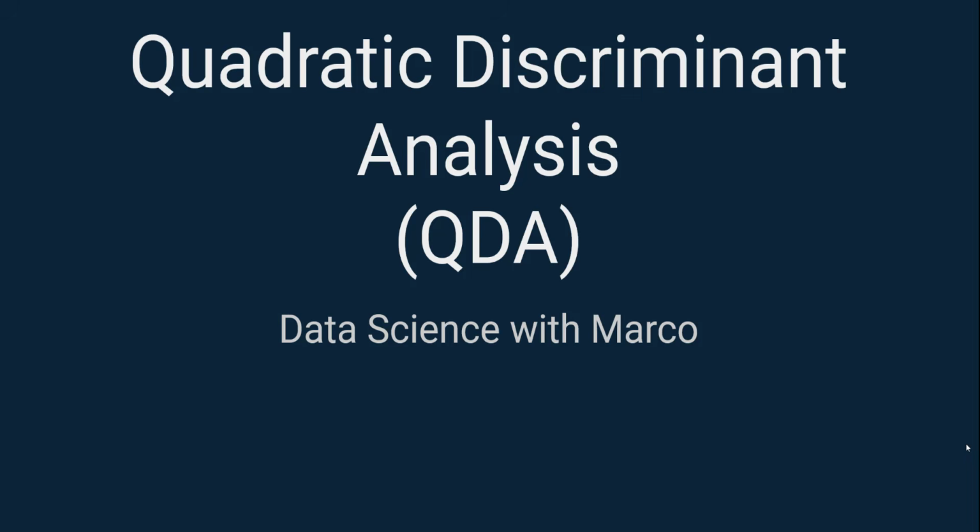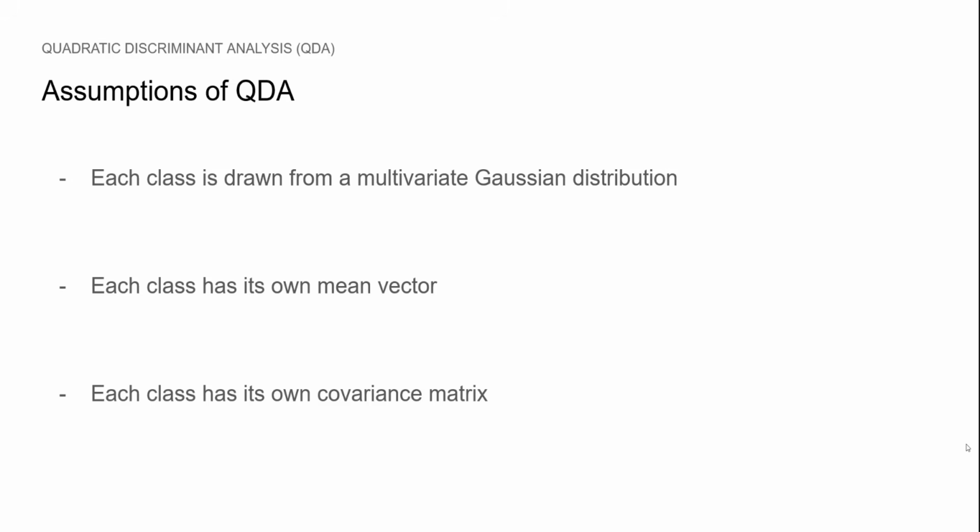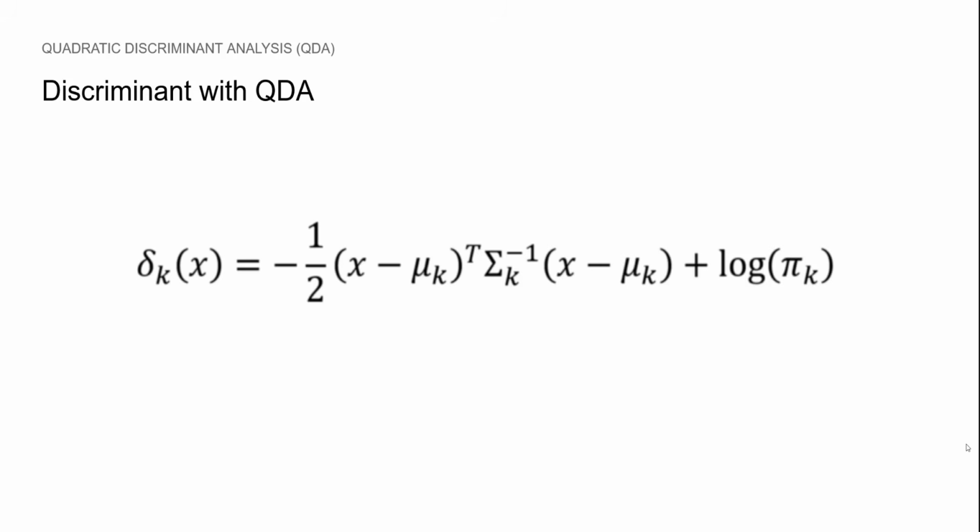Now that we understand LDA, QDA is fairly straightforward. The main difference is in the assumptions. Just like LDA, we assume each class is from a multivariate normal distribution and that each class has its own mean vector, but this time, each class also has its own covariance matrix. Of course, because we are talking about quadratic discriminant analysis, the discriminant here is expressed like this, and you see that the equation is now quadratic with respect to x,